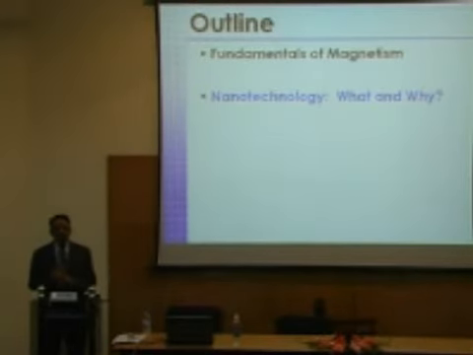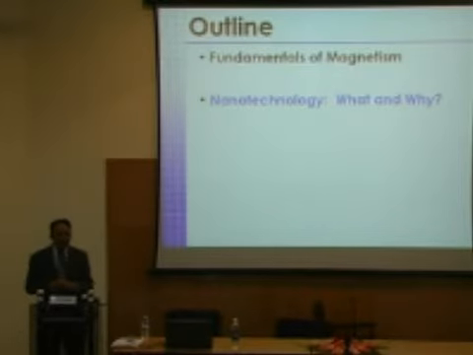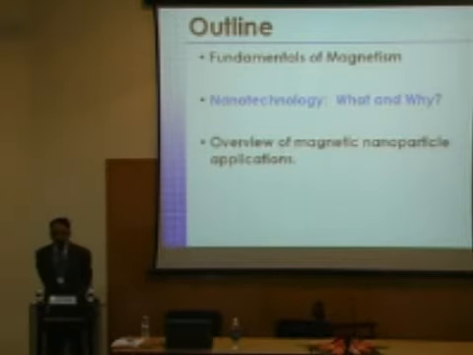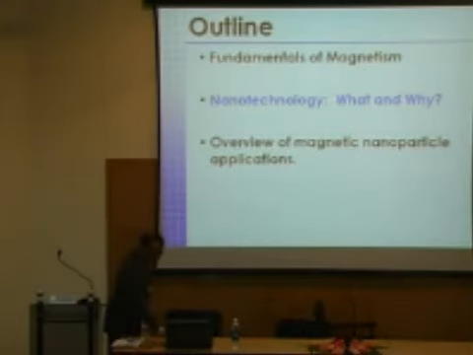As you all know, magnetism is the oldest science known to humans. Long time ago, people used these magnets to navigate themselves in the seas. But that is, unfortunately, I would say, the least understood science even today. With so many years of acquaintance with magnetism, we still don't have a comprehensive handle. So I'll try to get to those aspects as well. I'll also talk about some of the applications of magnetic nanoparticles in a variety of industries and technologies too. And after that, we'll have a slide on conclusions.